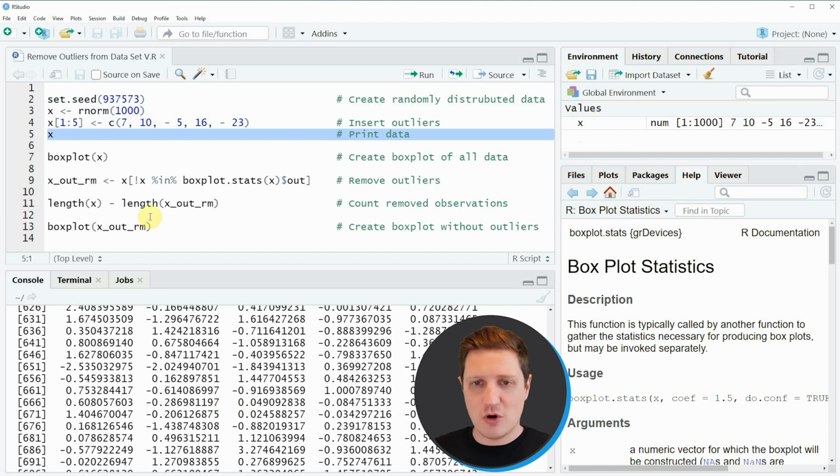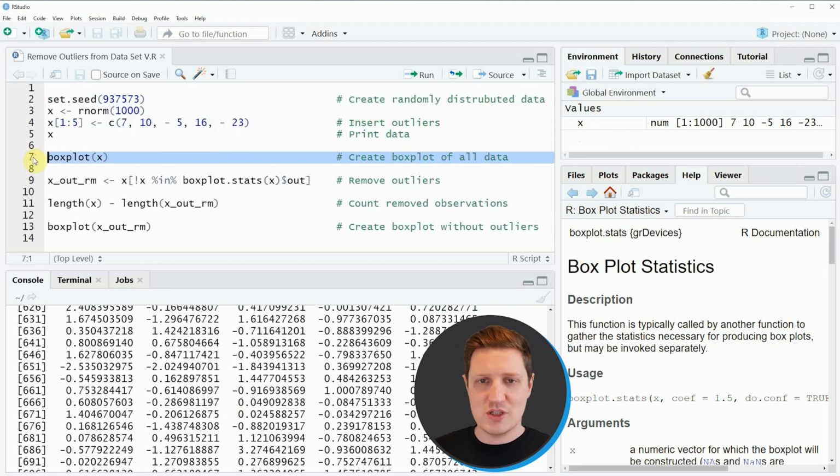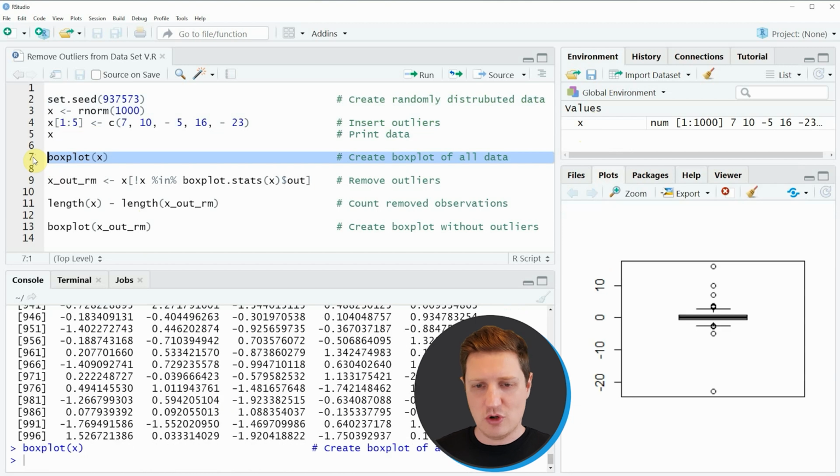Now we can also draw these values in a box plot using line 7 of the code. So if you run this line, you will see that at the bottom right of RStudio a new box plot is appearing, and as you can see, this box plot has several outliers. And in the following part of this video, I'm going to show you how to remove the most extreme outliers